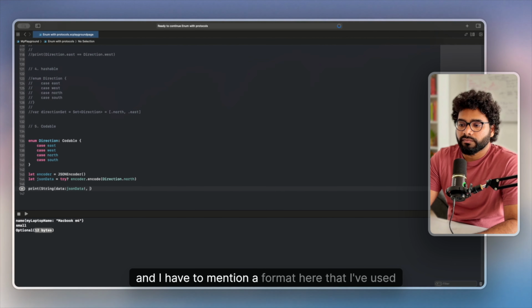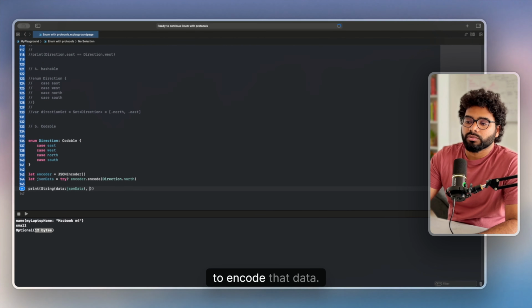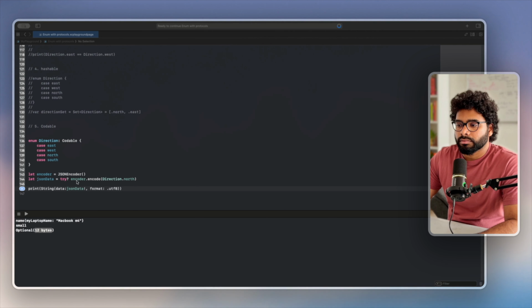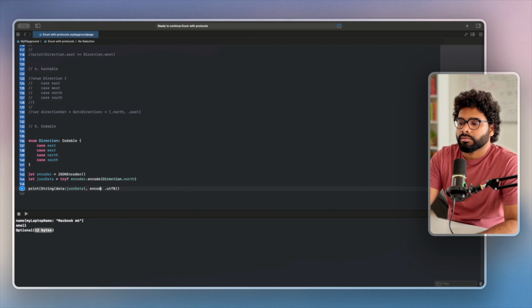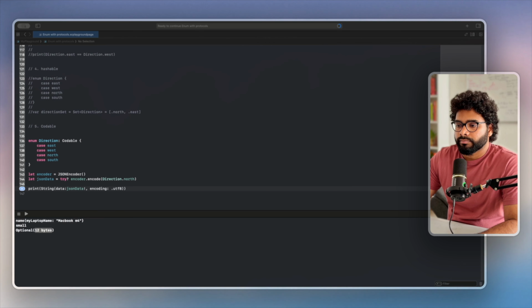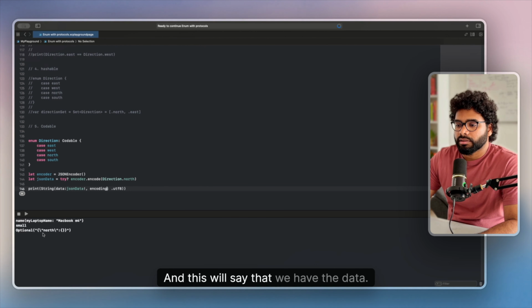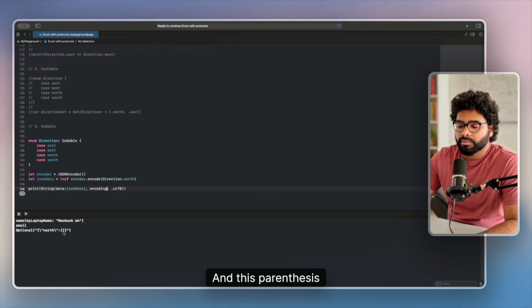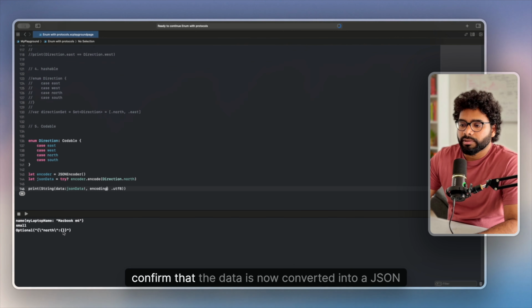And I have to mention a format here that I've used to encode that data. And let's print it. And this will say that we have the data,